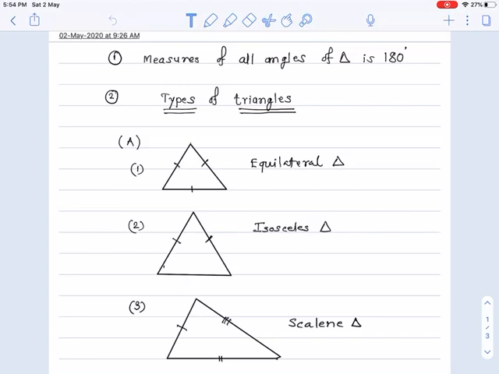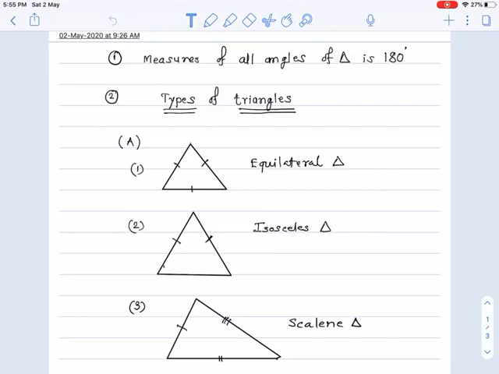So at the same time you have to study for the scholarship. In the scholarship exam, 30% of questions are based on the application level, that is D level. One question is a combination of two or more properties, or it is based on the properties which you have studied before. Such types of questions are called application level questions. So today we'll see some important properties and questions based on those properties.